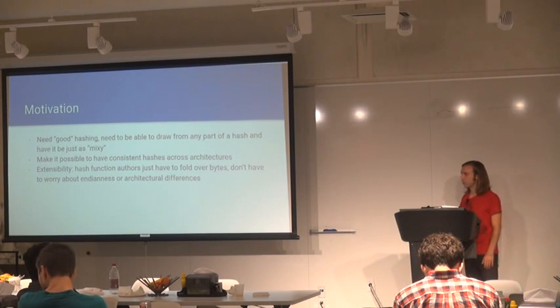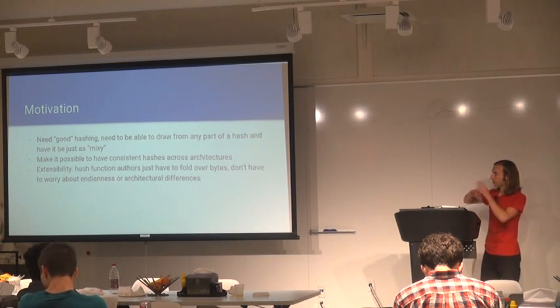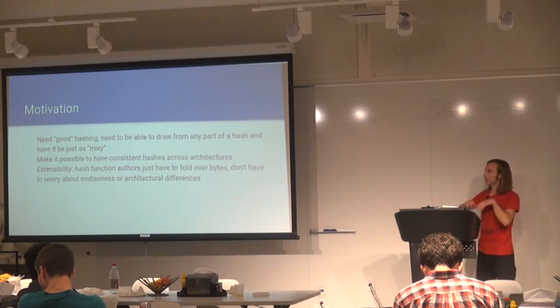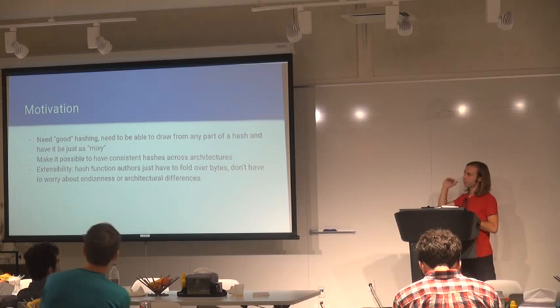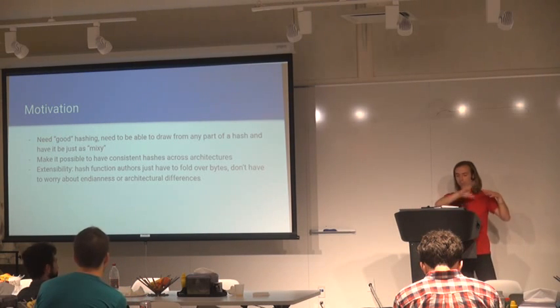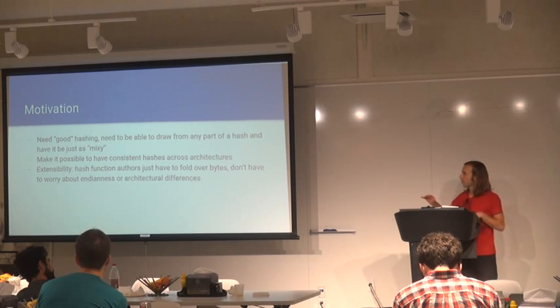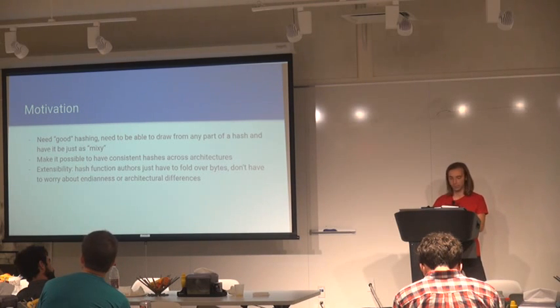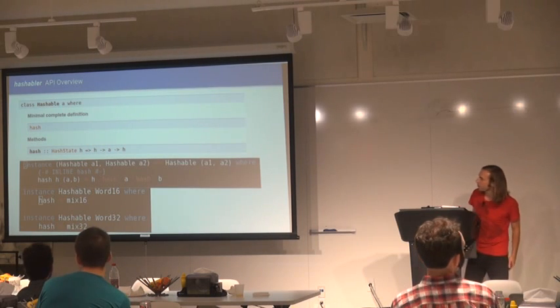And similarly, if you're not a hash function writer and you have your own algebraic data type that you want to hash, you want to be able to make it hashable for any number of hashes that you might want to use later, and so on. So I can show you the actual code, and it'll make more sense what I mean,